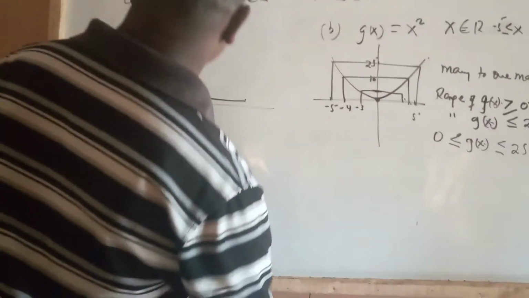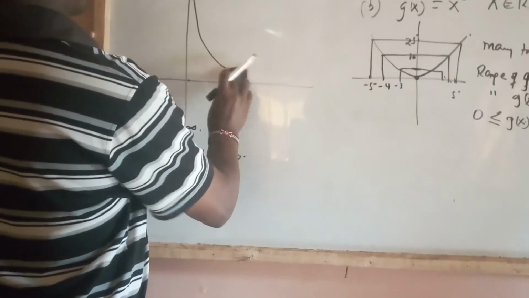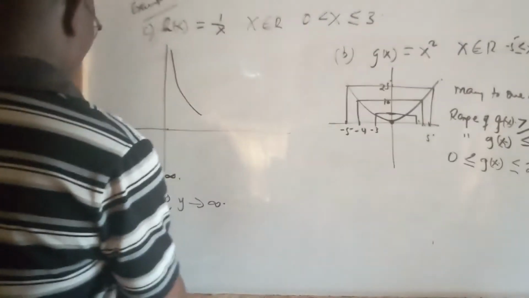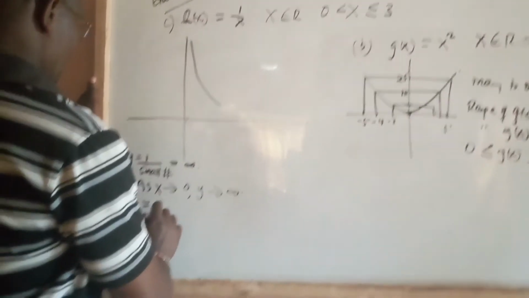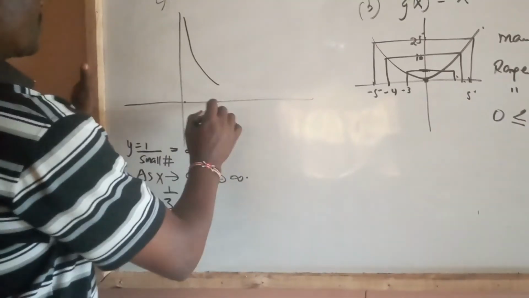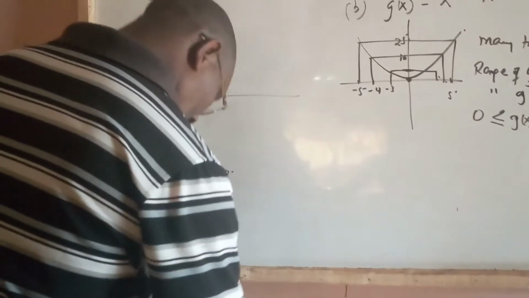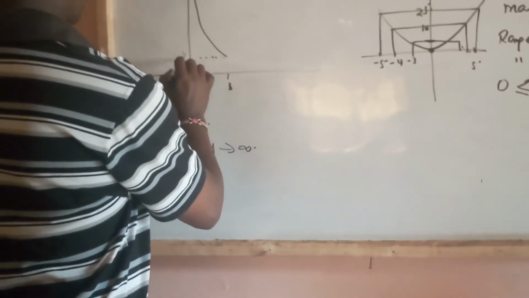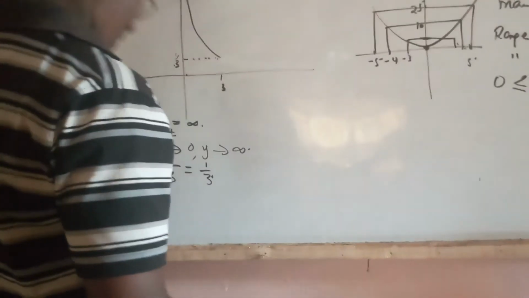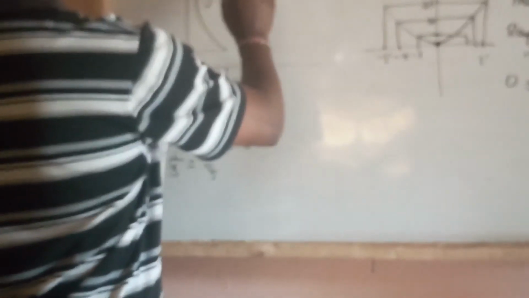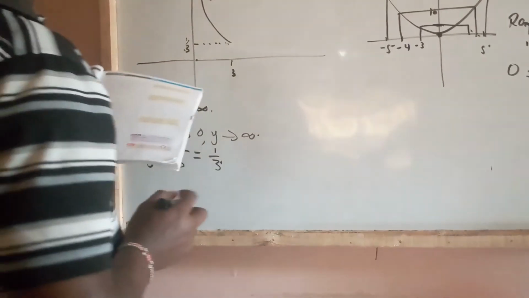But of course, we cannot have it this way because we have an upper limit of 3. When x is 3, what is going to happen? y is supposed to be 1 over 3, which is simply that, 1 over 3. So when x is 3, y is supposed to simply be that, and this is a third. That is a third, the value of y. So at that point, y is equal to the function of x, or rather h(x). What is the range? If you look at this graph,